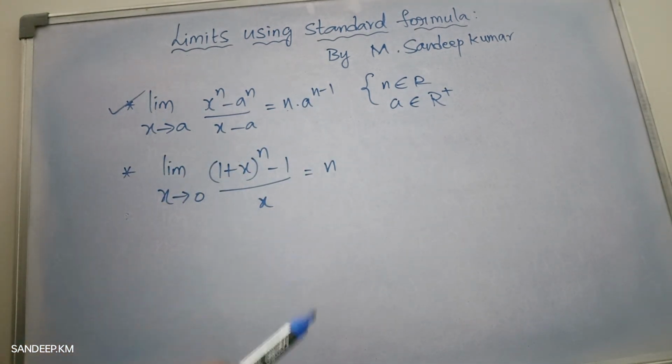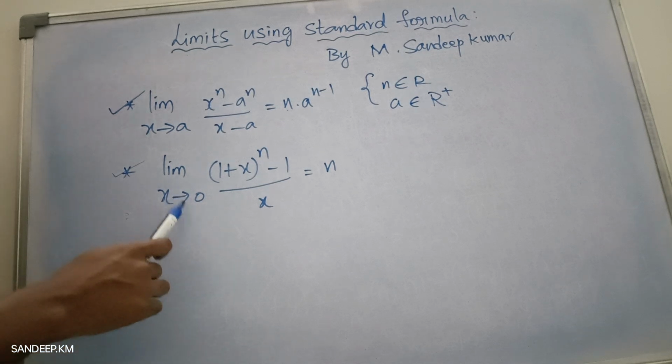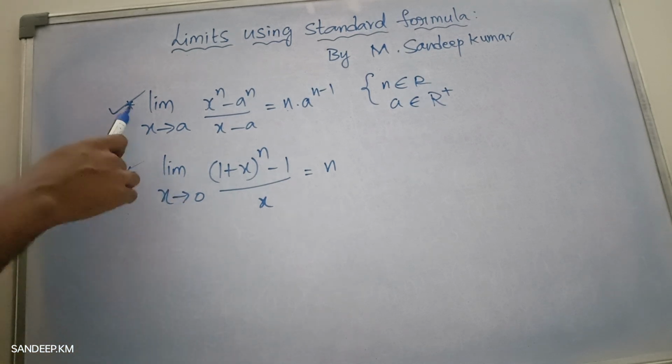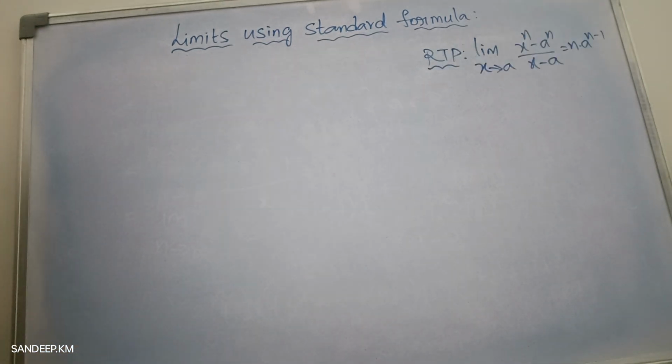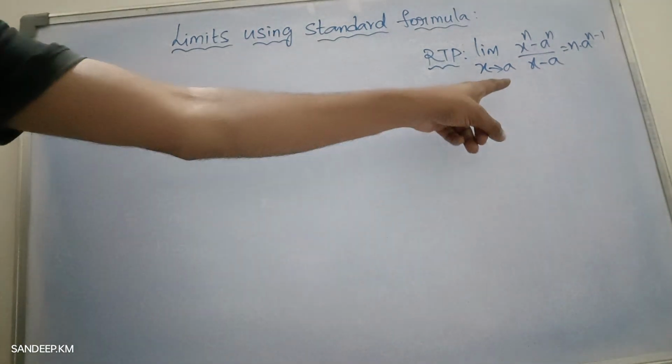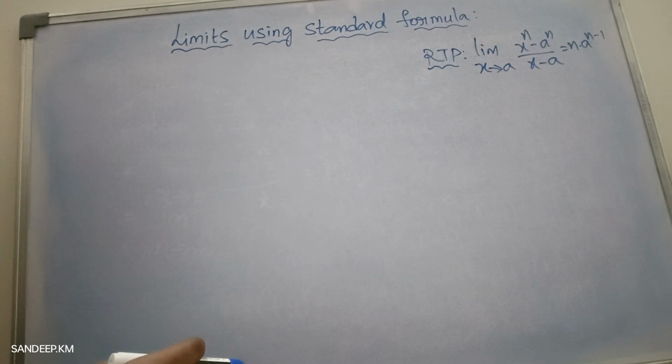But before solving the questions, first let us see how to prove this formula, and at the same time this is another formula. So this is also mostly used in many of the questions. We will see how to prove these two, and then we will start solving problems based on standard formula. So we will see the proof of this first. This is what we are going to prove, but before proving this, first let us revise the binomial